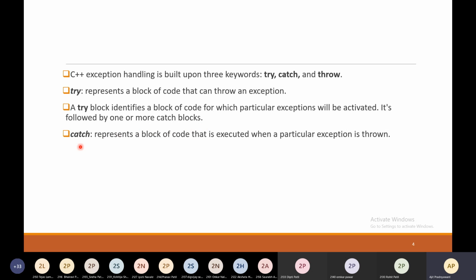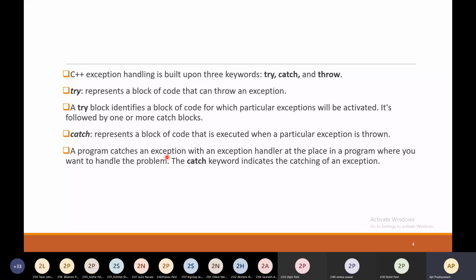Next is catch. It represents a block of code that is executed when a particular exception is thrown.